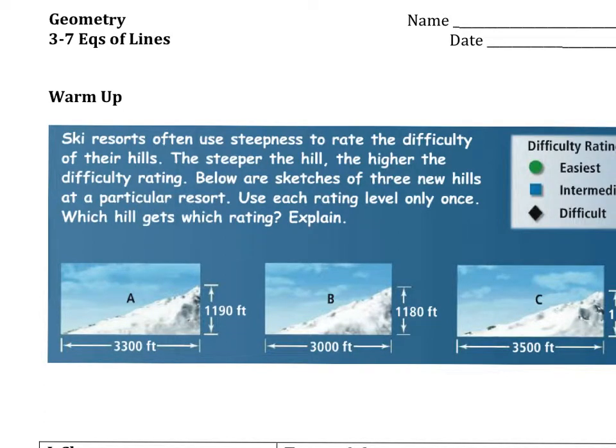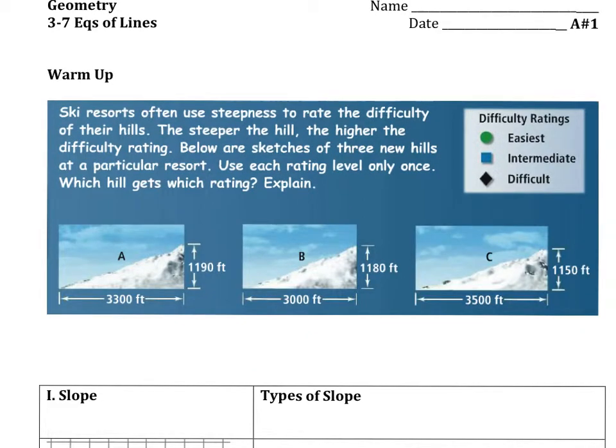So at ski resorts, they often will use steepness to rate the difficulty. Over here, we're using green circle, blue square, and black diamond. Below are the sketches of three of these particular resorts. So this one here, and this one here. If we drew a line of some kind,